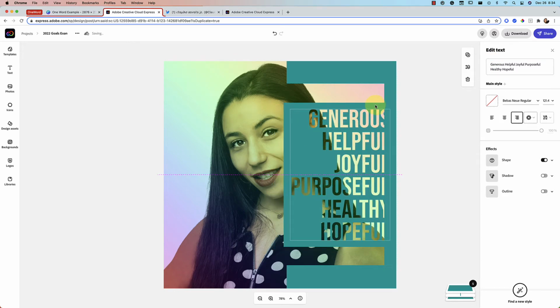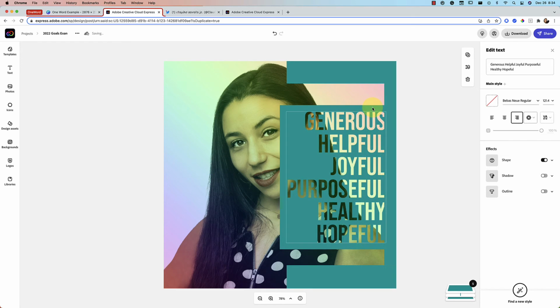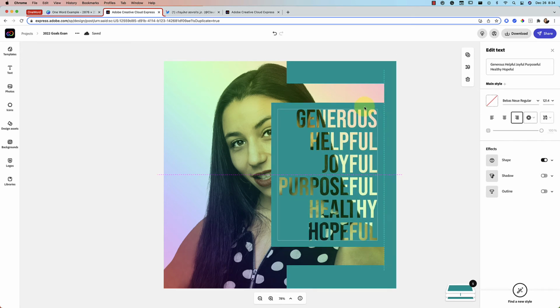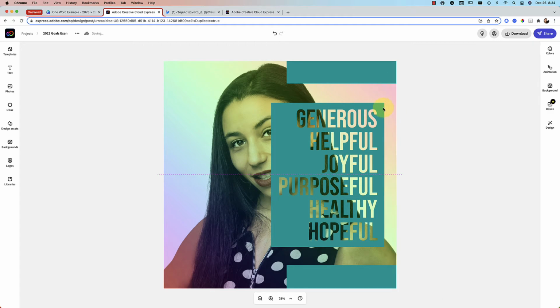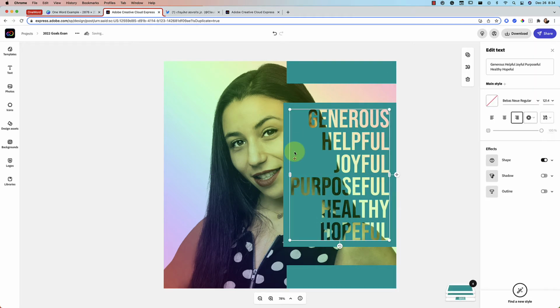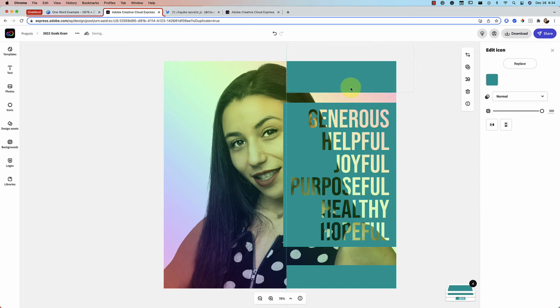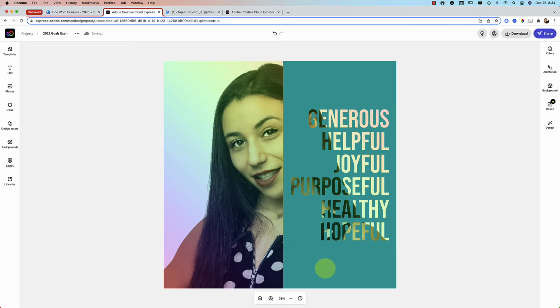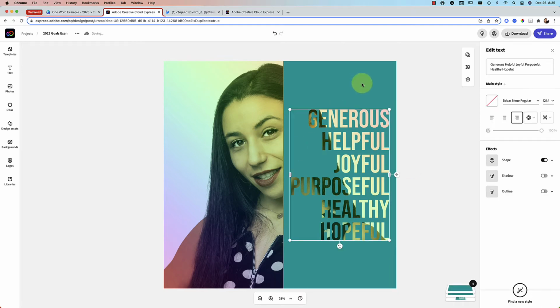Then I would just resize things. So this is taking up more room than my other one did. So I might actually get rid of this. I don't need that anymore to make it look nice. And then I'm gonna just make these bars a little bit bigger, just like that. And that's really it. Everything's kind of been pre-done for me because of this template,